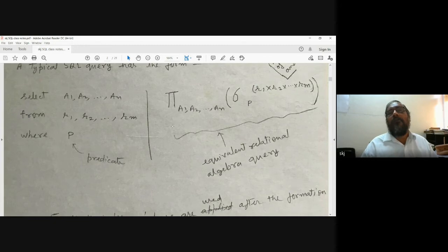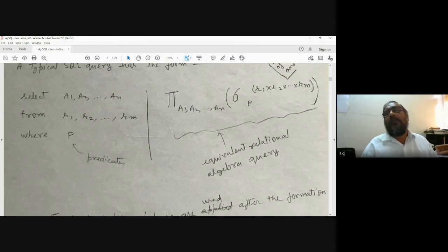We have select from relations where predicate P, the condition P, is true, and after this we project those columns or attributes mentioned here, A1, A2, AN.